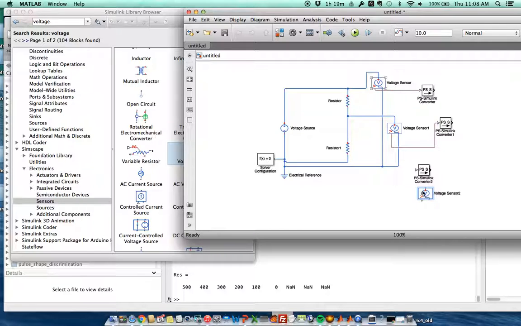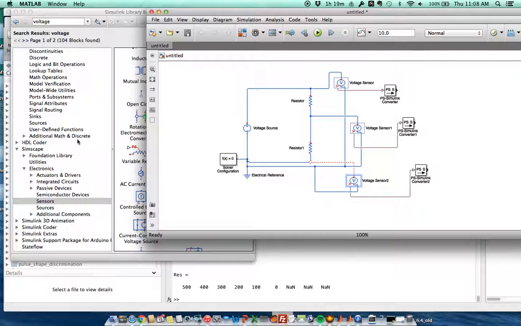I just pasted another one of these in there. And this is going to be measured here at the bottom, right? And my ground is on the other side. I can just connect it there, and then I'm going here. So why did I do this? I want to measure my voltage at each of these points. I have to convert my physical system to my Simulink system,